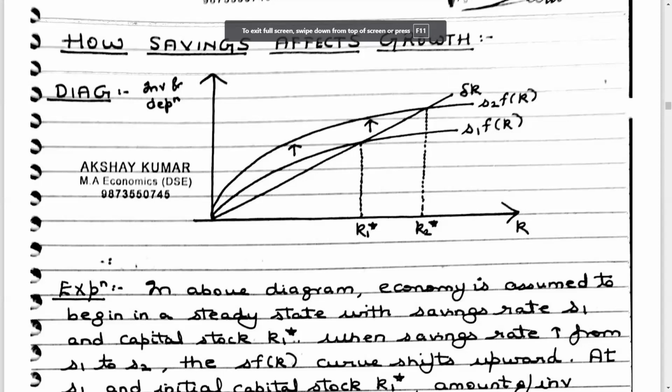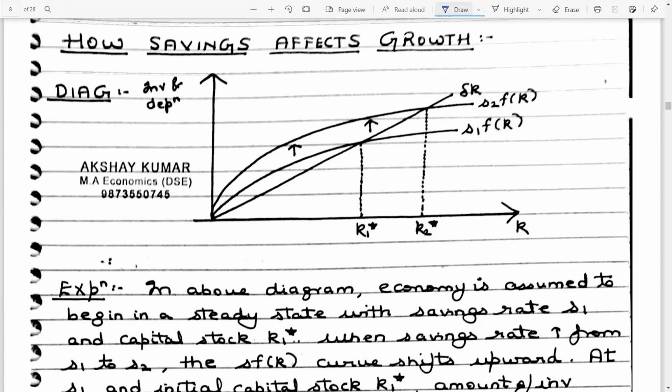So let's start with how savings affect growth. All of you can recall from the previous lecture that capital stock per worker will determine how much will be produced, but savings will determine how that output produced will be allocated between consumption and investment. Because all of us know in the Solow economy, demand is coming from households, which is consumption, and firms, which is investment. So let us see how savings in the Solow economy affect growth.